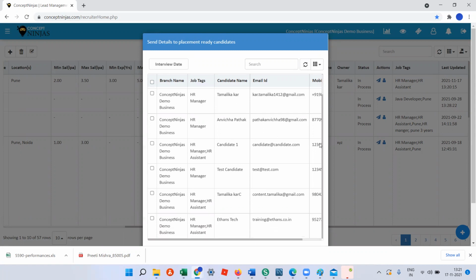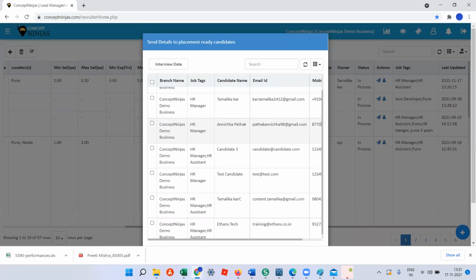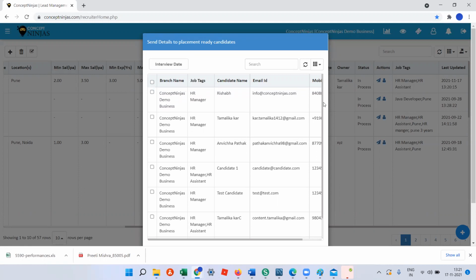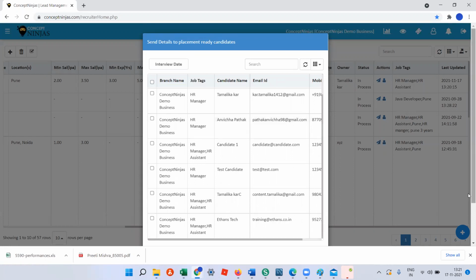Okay, so these are the candidates with those job tags. Suppose I have 100 candidates and only 20 have these matching job tags, those matching candidates will be shown here. Okay. So I am selecting the candidates. I can select all also, and I can select a particular candidate also with whom I want to share the job notification.